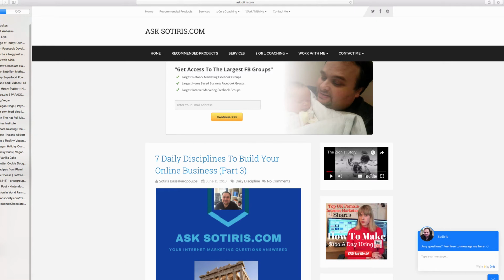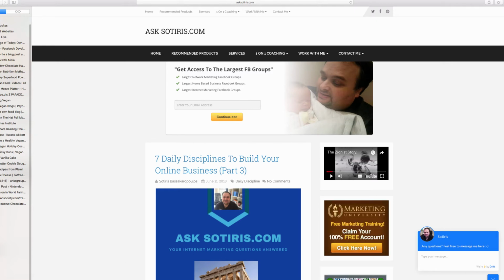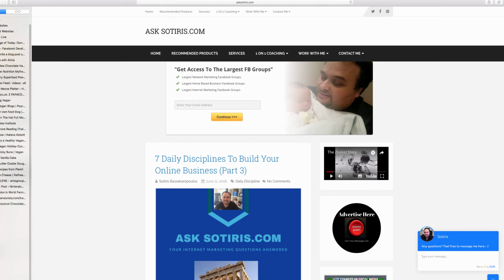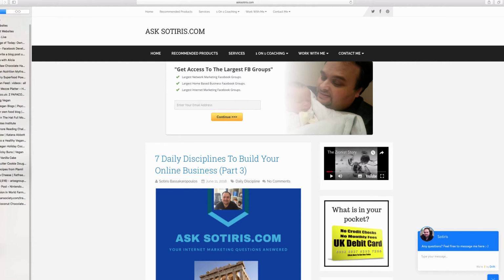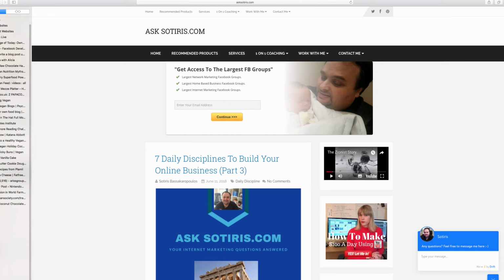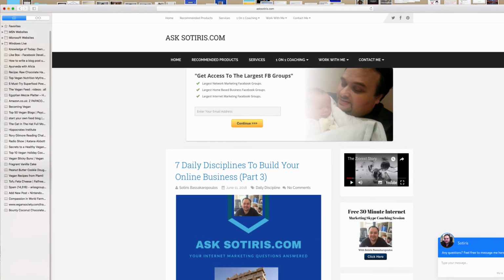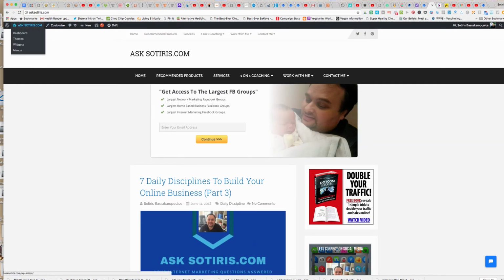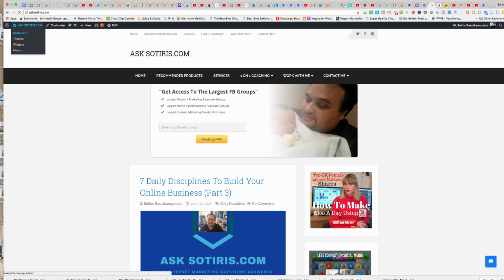Yeah, so basically that's how you can add your video into your sidebar using HTML. Okay, so it's the same for anything you want in HTML. If you want a picture of your child and you want to put it in the sidebar, or a picture of yourself, all you do is make the image, upload the image in WordPress, and then once you've uploaded the image, you basically just copy and paste the code